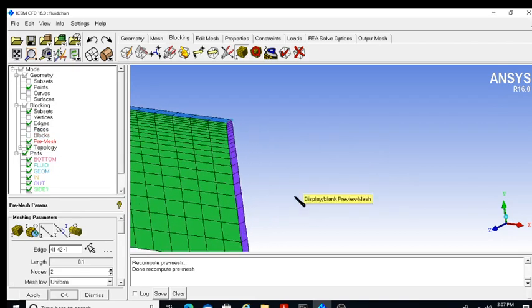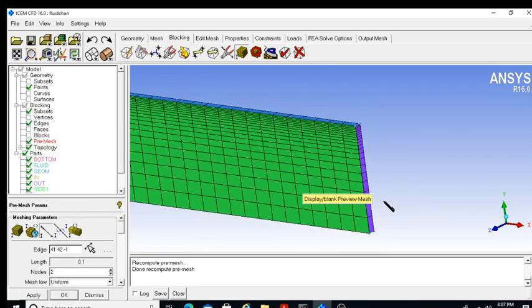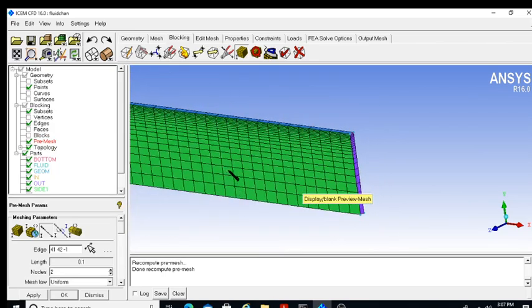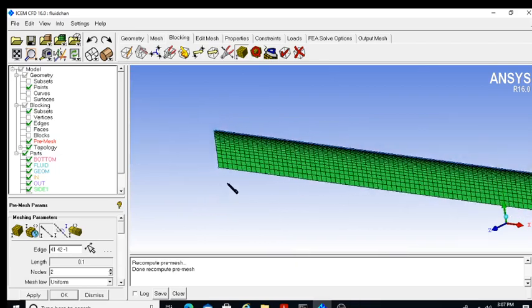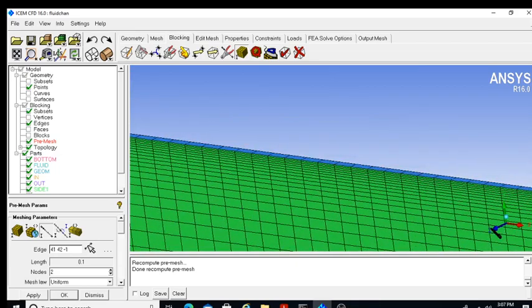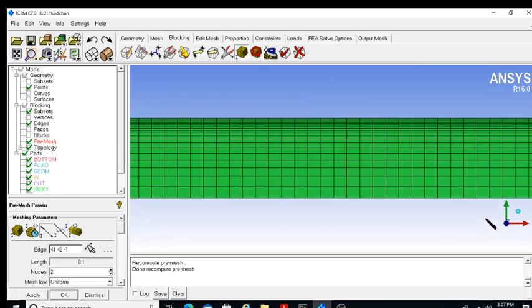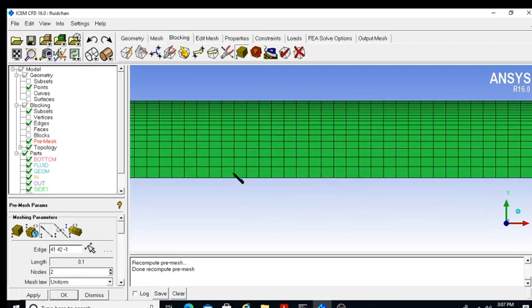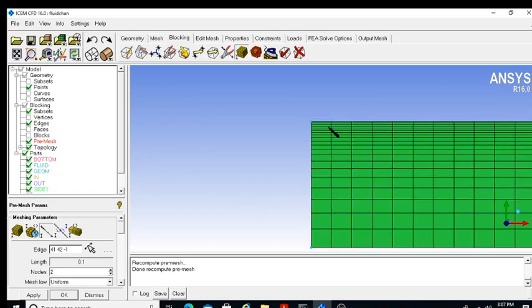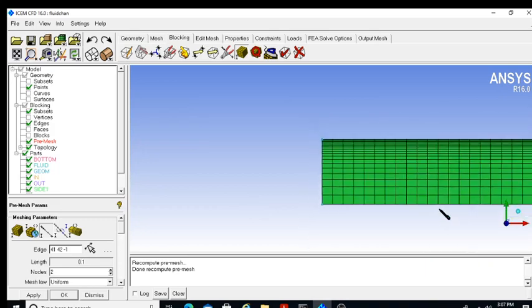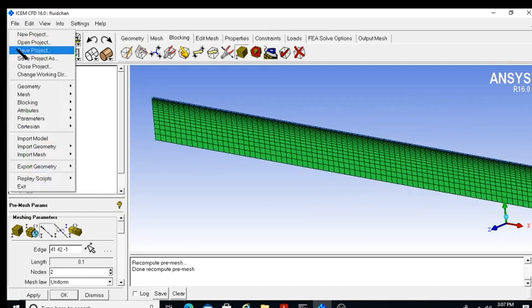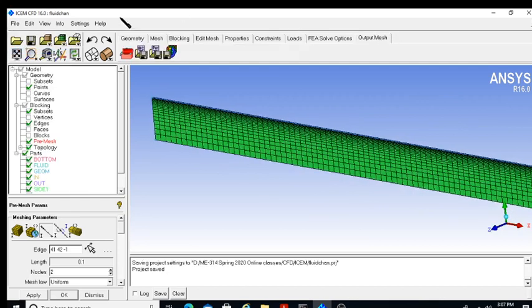So now I can see, yeah, here also on the outlet we have this distribution more closer to the wall and less in the middle. So the same thing I observed here. This is a mesh I have throughout the section. I have this mesh, and I can enlarge that too. So these are the 21 nodes here, much closer. This is how I have created it, and I just save my project, and I go to the output mesh,